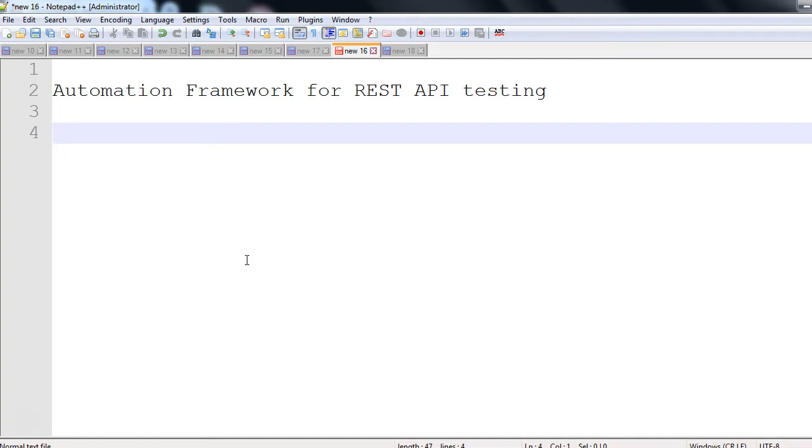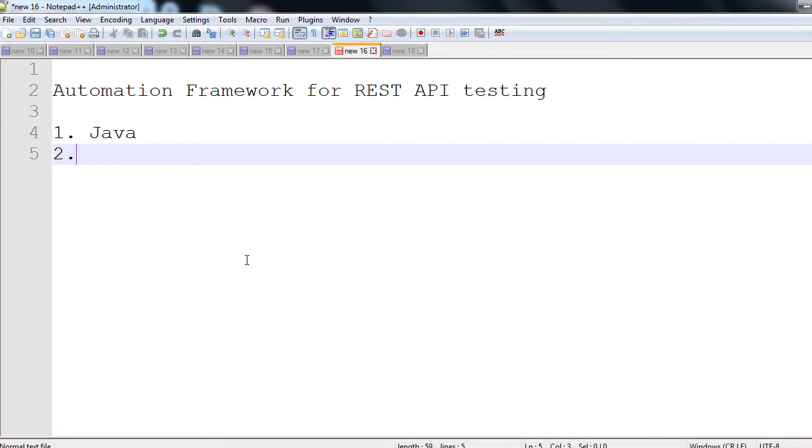So number one thing which I would need is Java. Item number two which I will need is IntelliJ IDE. It could be any IDE, for example Eclipse maybe.